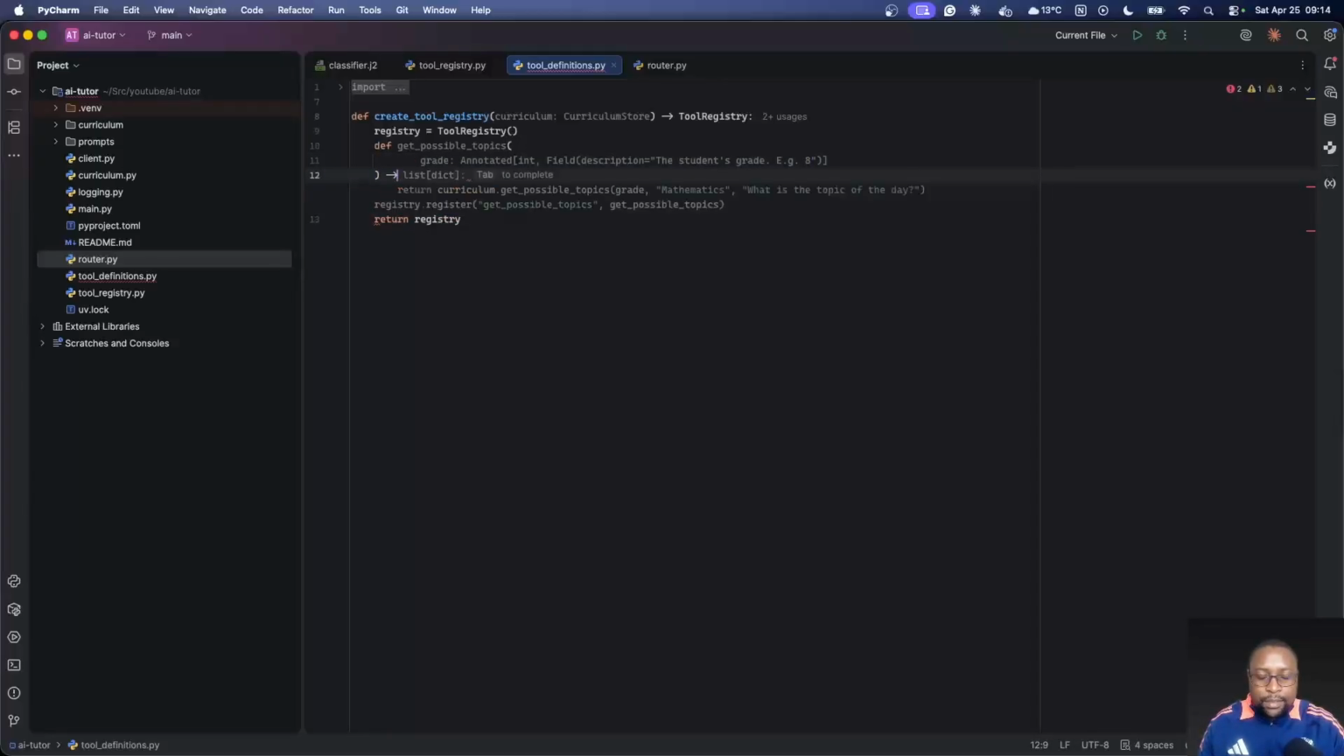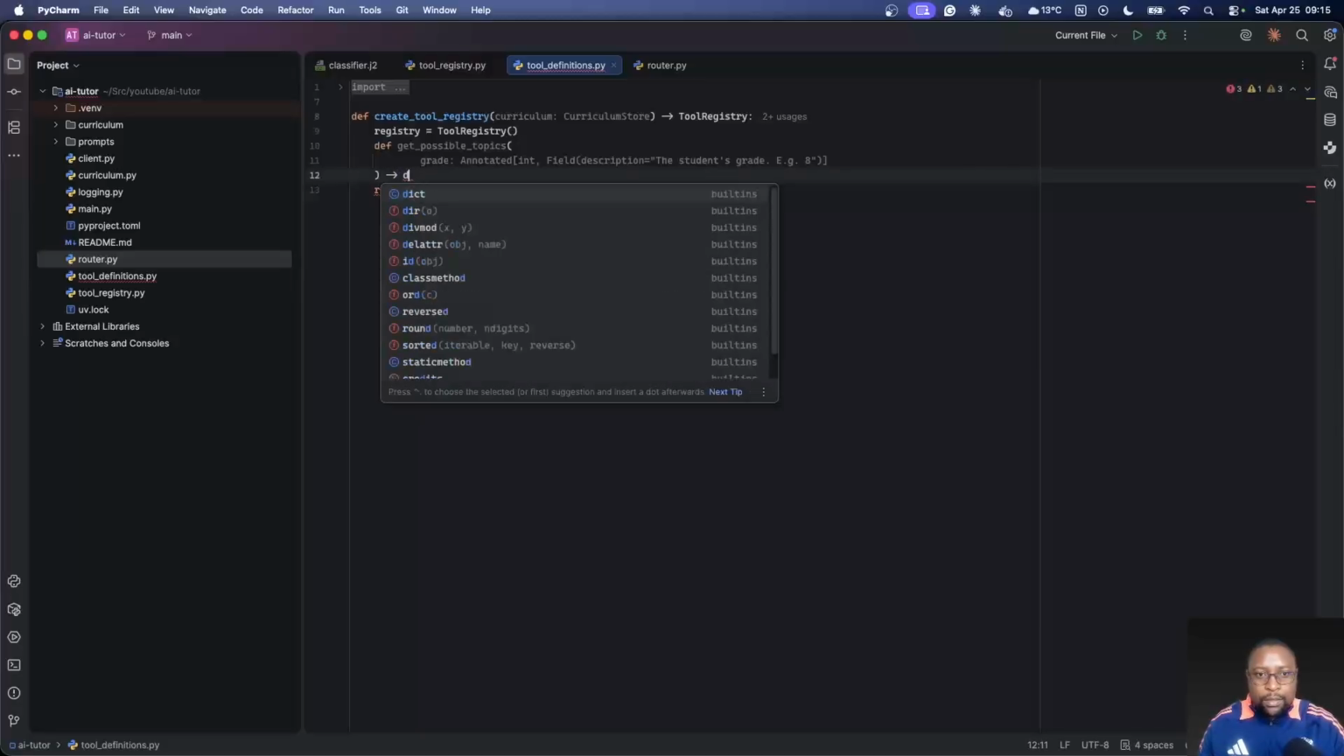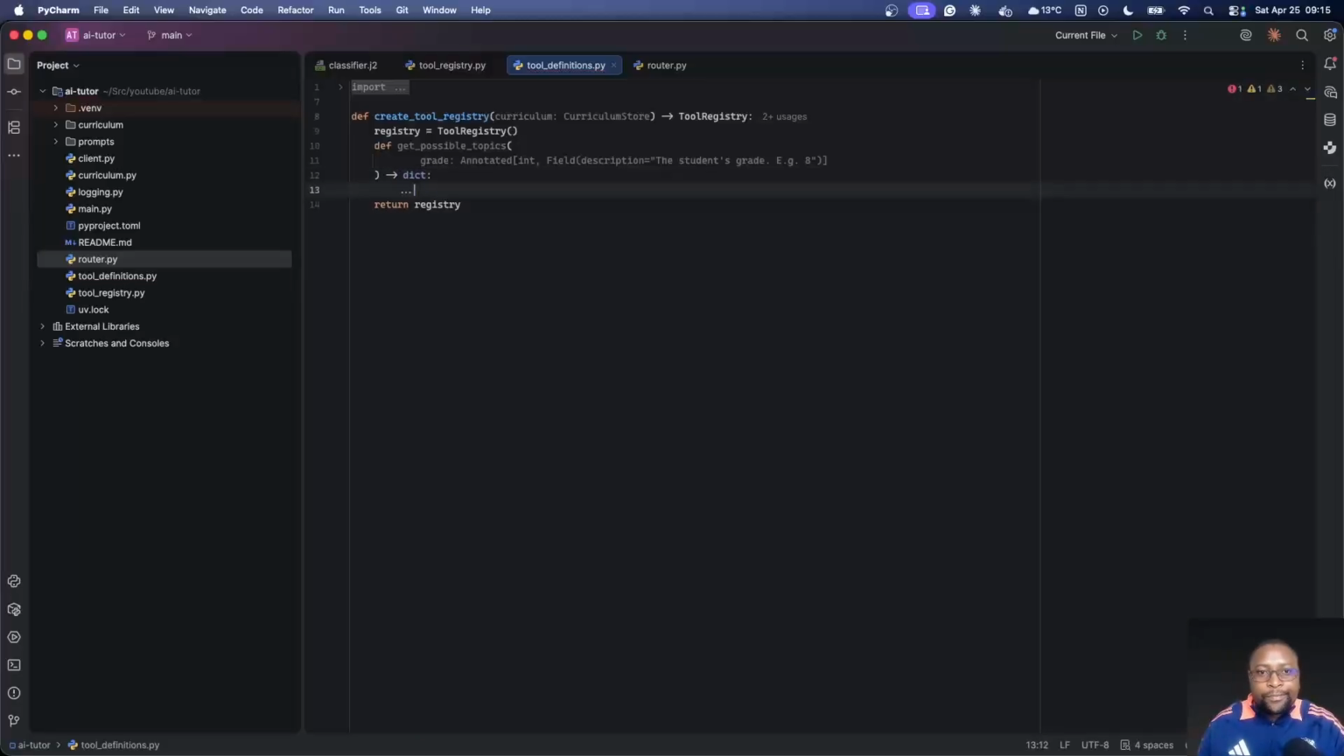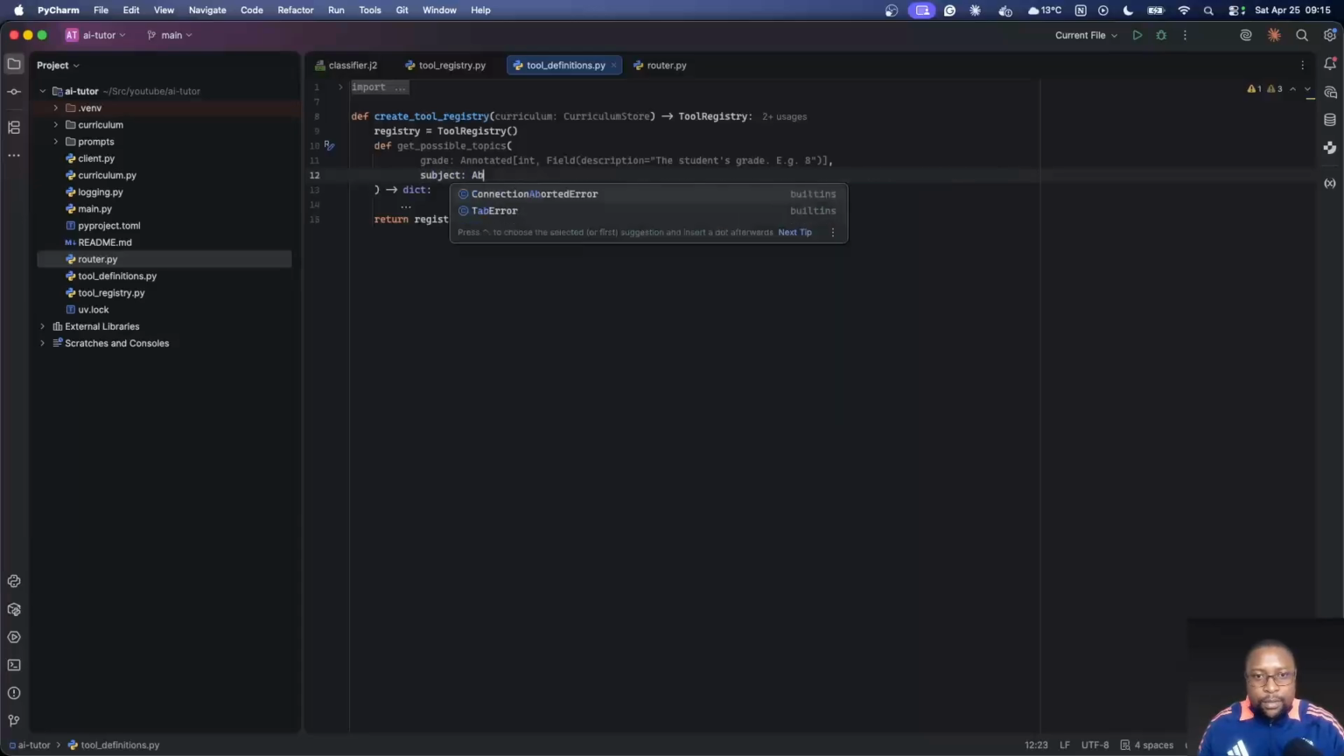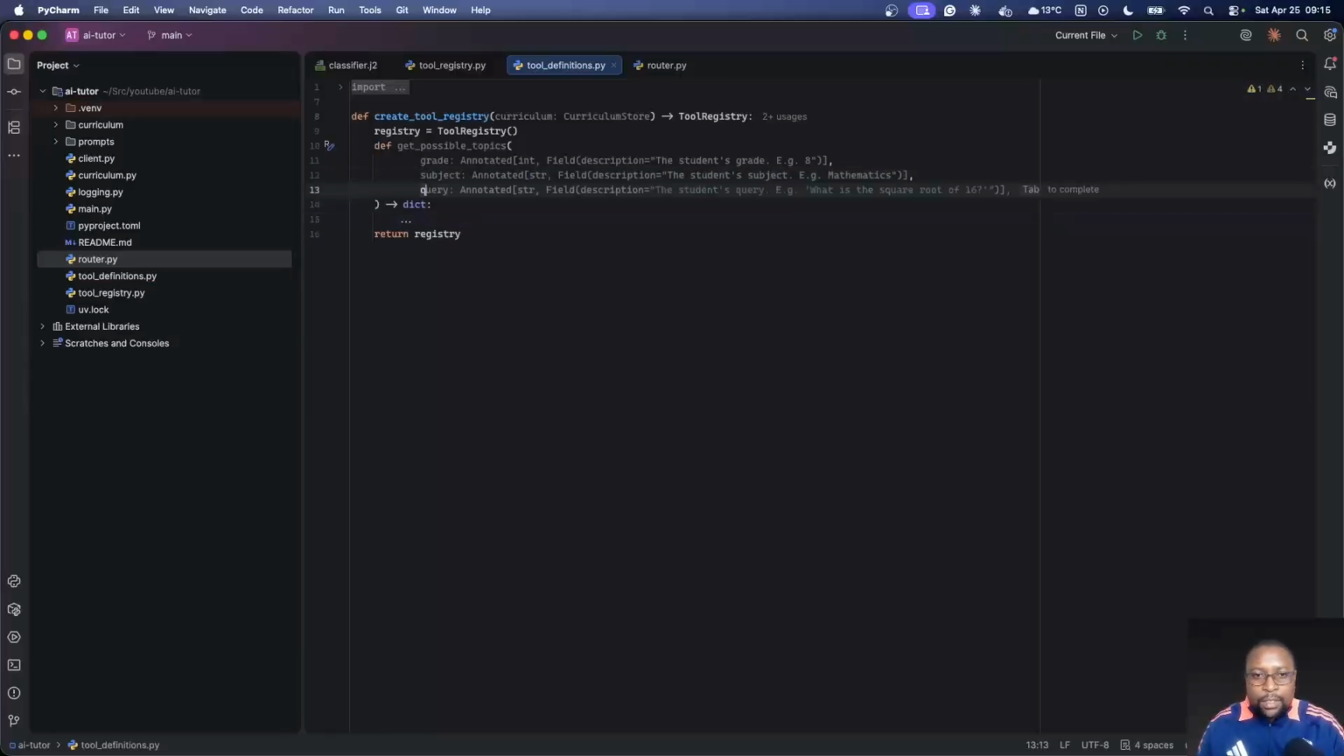So this one returns a dictionary. Maybe let me just leave it for now. The other thing we need is the subject, which is an annotated string. And the other thing we need is the query, the query that the student will have asked. I don't need to have an example there. I don't think it's necessary. It will figure it out. And now I need